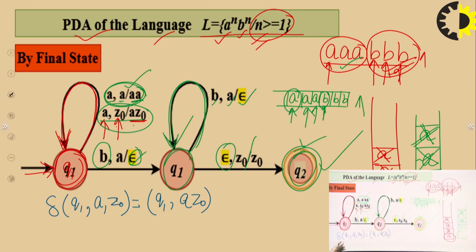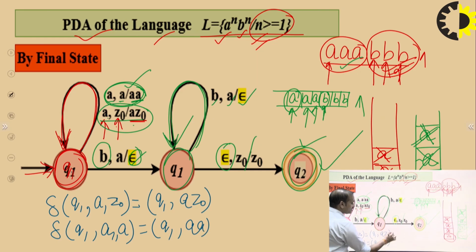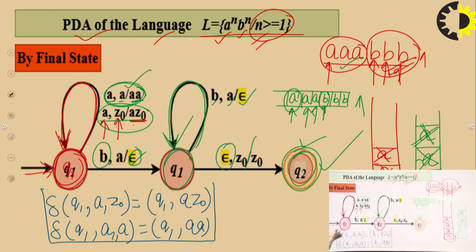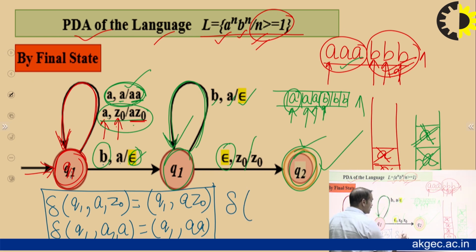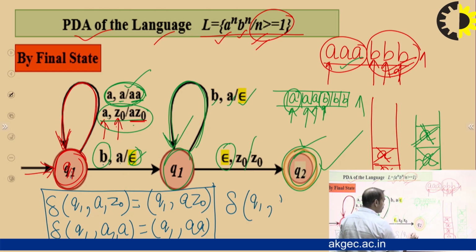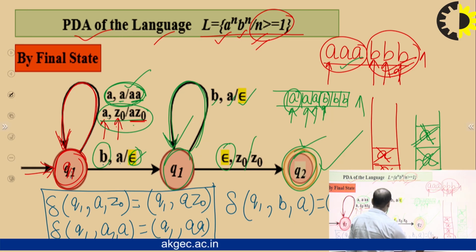The next transition function is delta of state Q1, input A, top of the stack A, the state is Q1 and here double A. These are the two operations for pushing A inside the stack. Now state Q1, input B, top of the stack A, we have to perform a pop operation. Write here delta Q1, input B, top of the stack A, here we have to write state Q1,